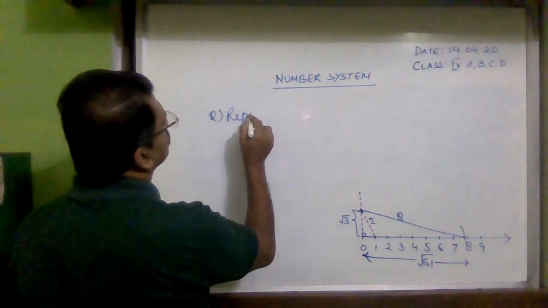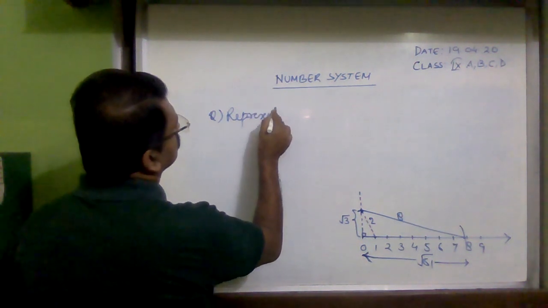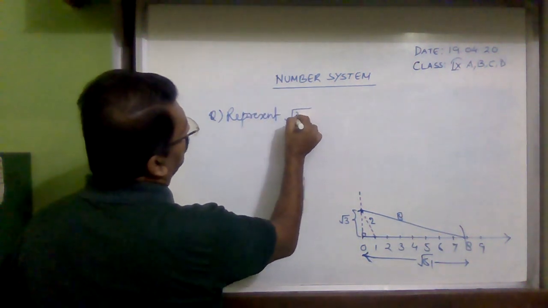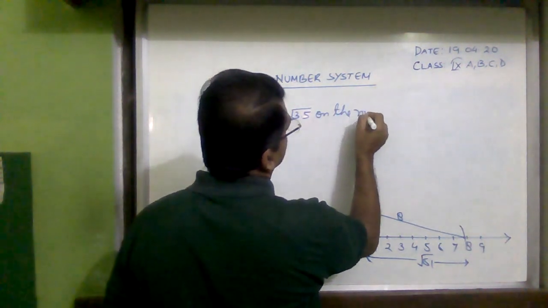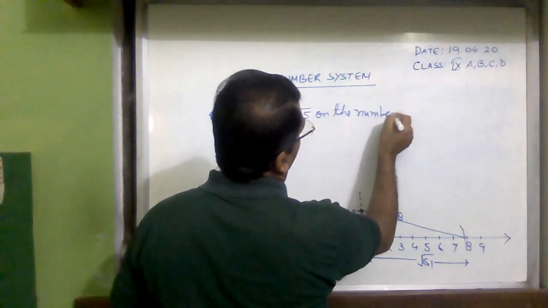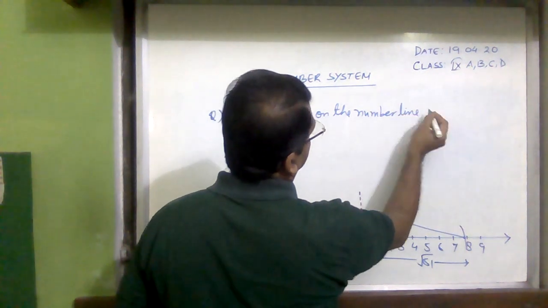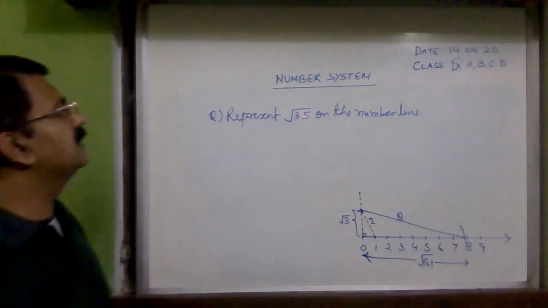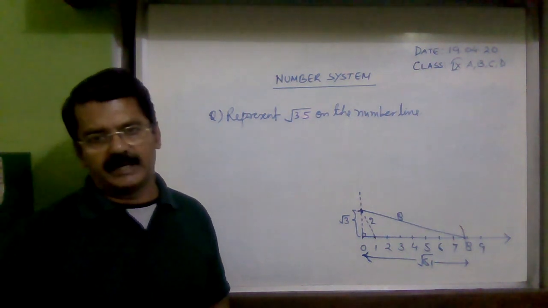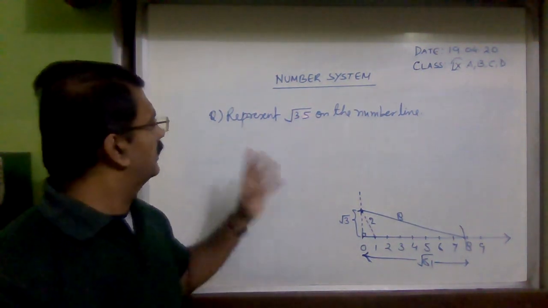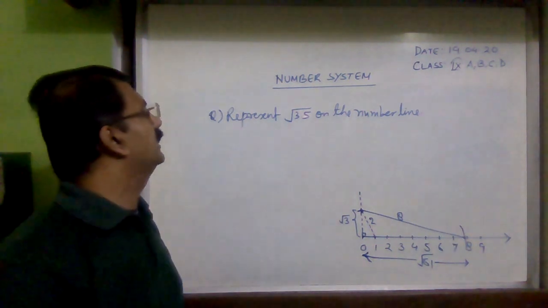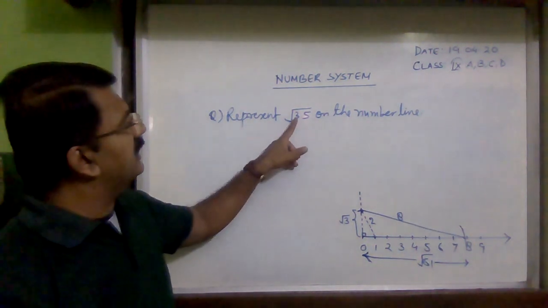Represent root 3.5 on the number line. Represent root 3.5 on the number line. Now you can see we have done the representation of few irrational numbers, but they are all the numbers inside